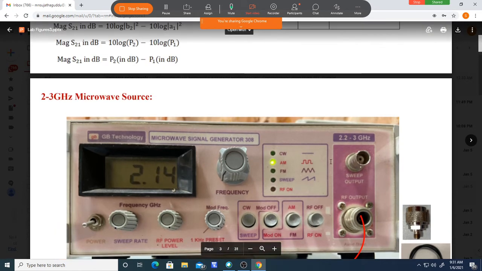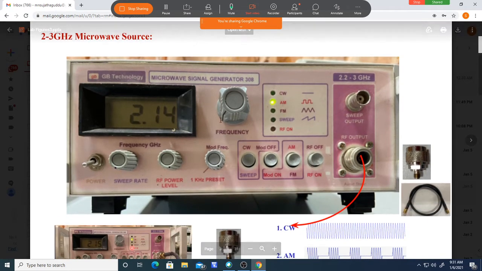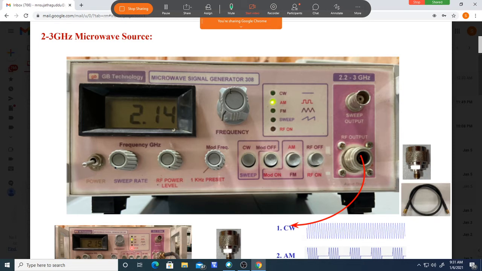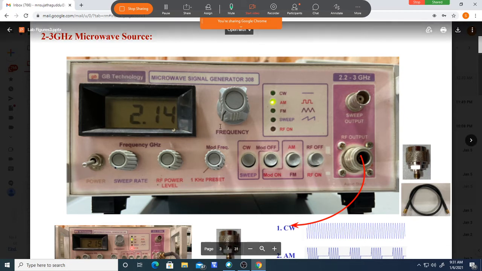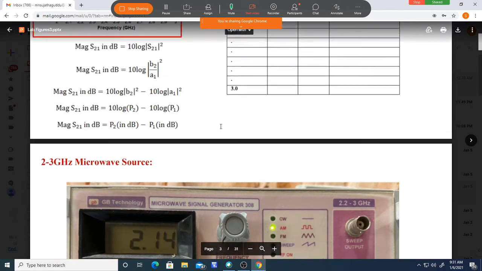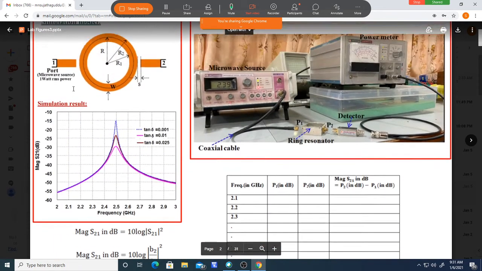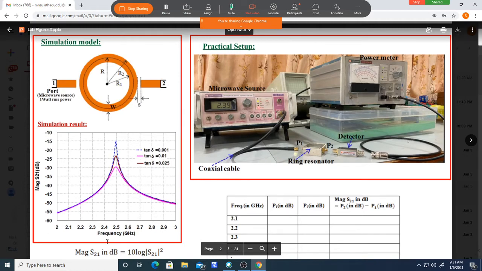This is the source, and this is the frequency knob. Don't get confused; you can vary the frequency using this knob. Leftmost is the minimum frequency, and this is the point where it is kept. Next you can move it like this, and it will come to here, where you will observe the maximum frequency. Like that you can read the frequency on this readout for whatever you set. So that is the source we have here, and that is about the frequency.